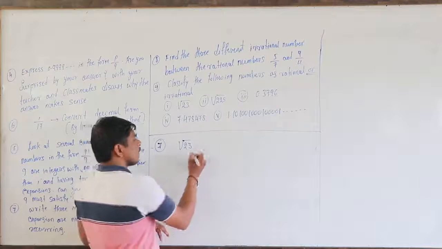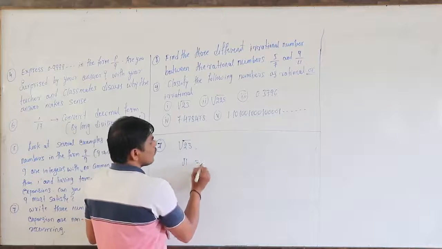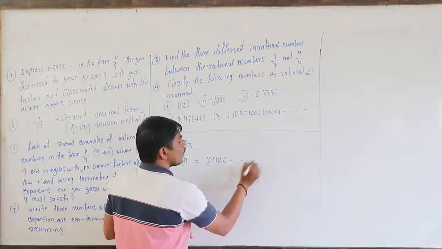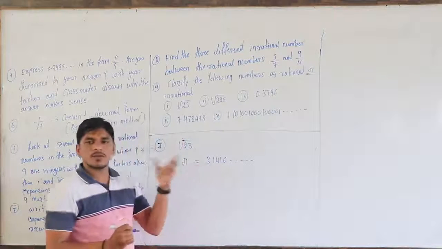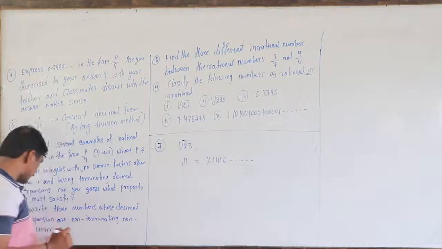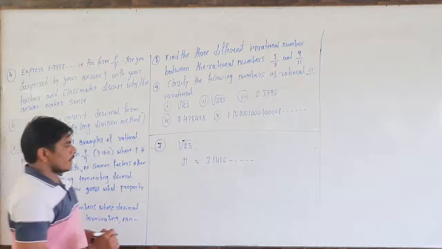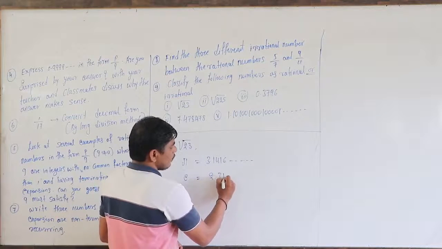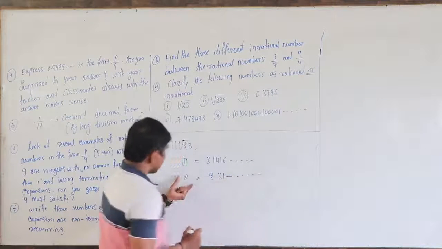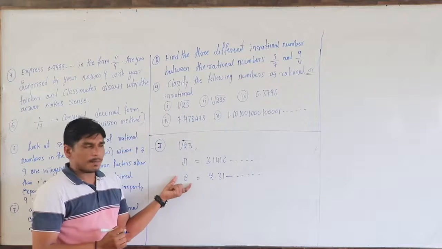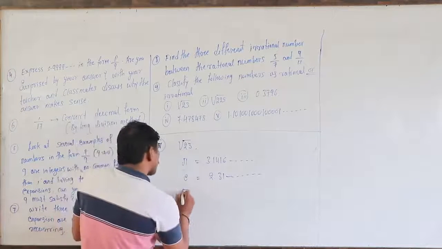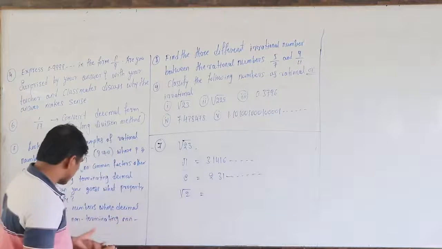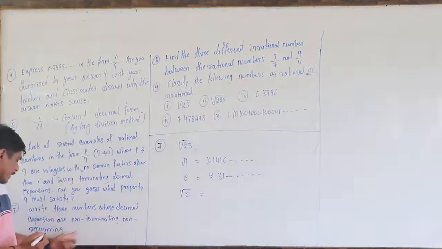And the pi value you take, pi is equal to 3.1416 and so on. This number is also non-terminating and non-recurring. And again e is also 2.7 something, this value is also an irrational number. Many examples are there. You can take root 2. Root 2 is also an irrational number. All the irrational numbers are non-terminating and non-recurring.